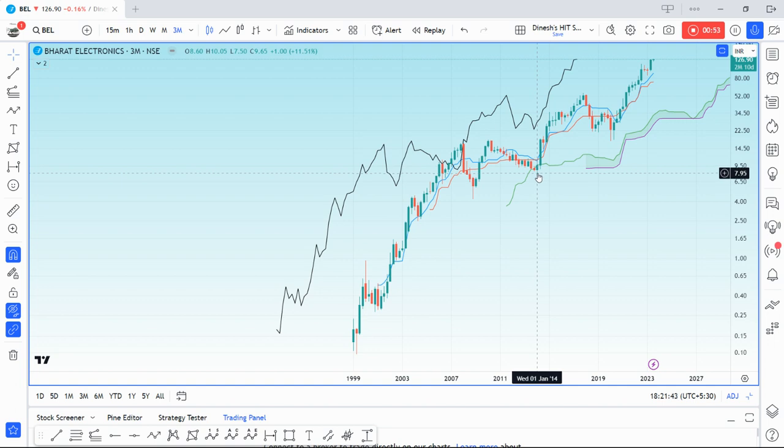Now, as per Ichimoku, this full leg from 1999 till 2008 was the first I wave of an Ichimoku wave. Then the sideways correction is the counter-trending V wave, and then subsequently from there we have the next I wave being formed, which makes a total N wave, the completion of a major N wave. Now, for the last leg of the I wave to make an N wave, we've had the first leg of that sub I wave from January